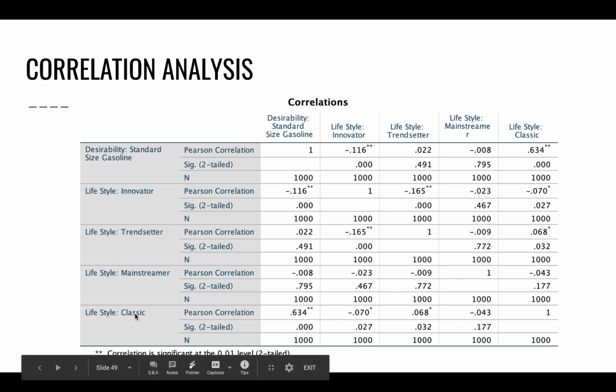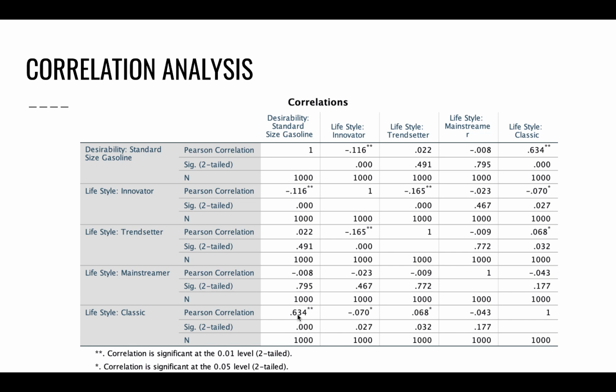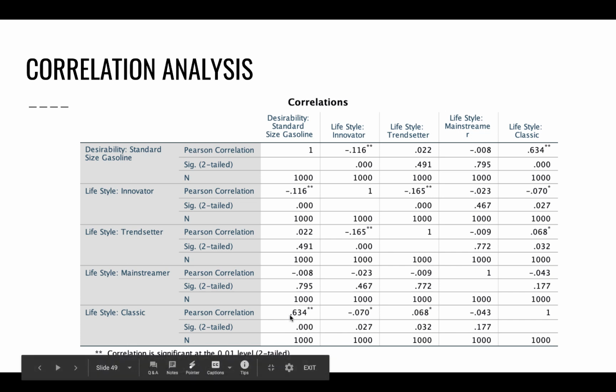And then finally, considering yourself classic and desirability for a standard size gasoline car. Here we see that the significance value, or the p-value, is significant. So it's smaller than 0.05, so we did find a significant relationship between these two variables. And if we look at the Pearson correlation coefficient, we notice that it is positive because there's no minus sign in front of it. So we have a positive relationship, and it is moderate, I would say, or almost fairly strong. So a correlation coefficient of 0.634 positive means that the more people consider themselves classic, the more